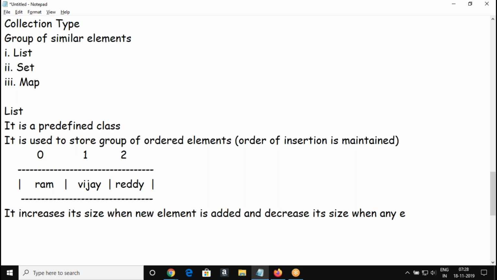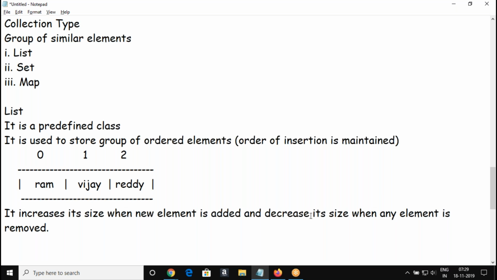This property is not there in your array, right? Because an array is of fixed size. When you declare an array, you give the size of the array, and when you initialize it with values, that defines how many elements it holds, so you cannot store more elements beyond that. But a list dynamically increases its size when you add an element, and decreases its size when you remove an element.